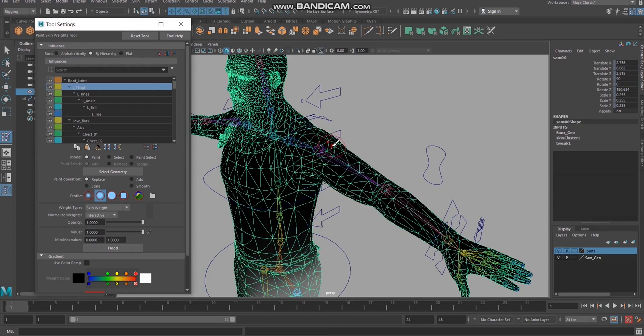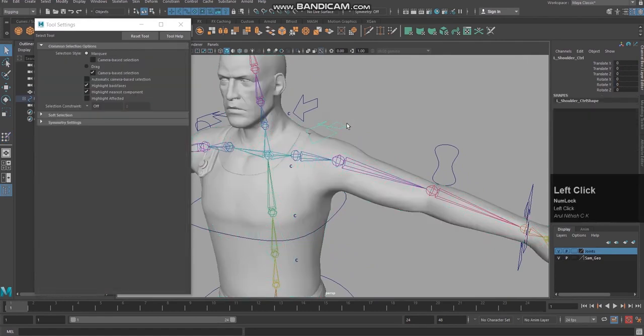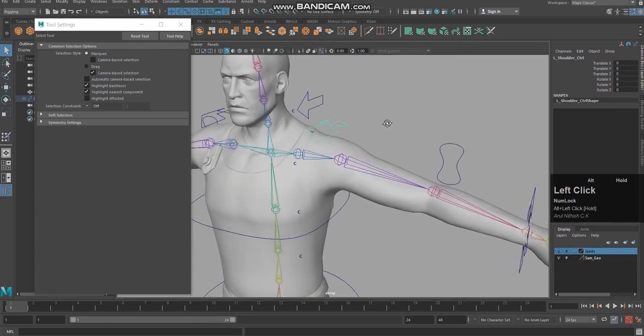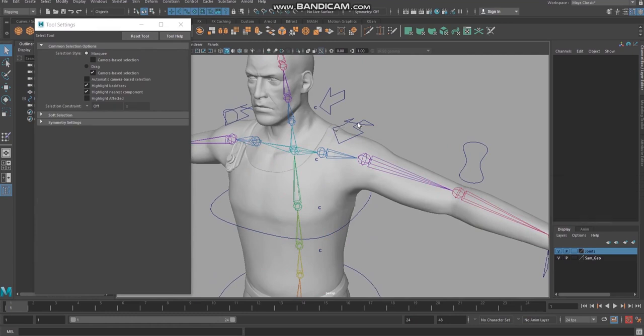right. And I have reset the settings, and say for example, yeah, let me select this collarbone. Okay, collar joint. Actually this collar joint we have linked with the shoulder control.